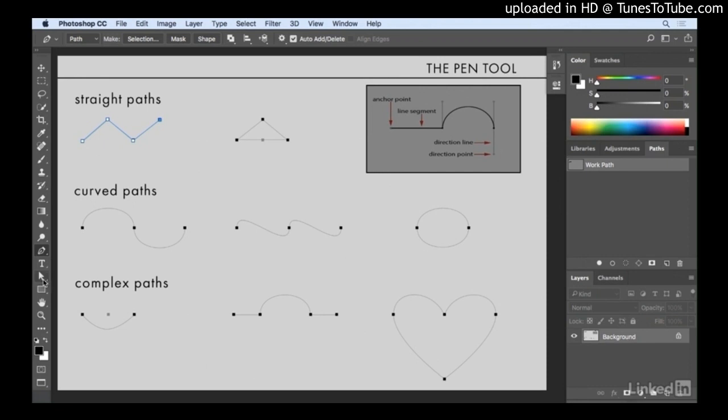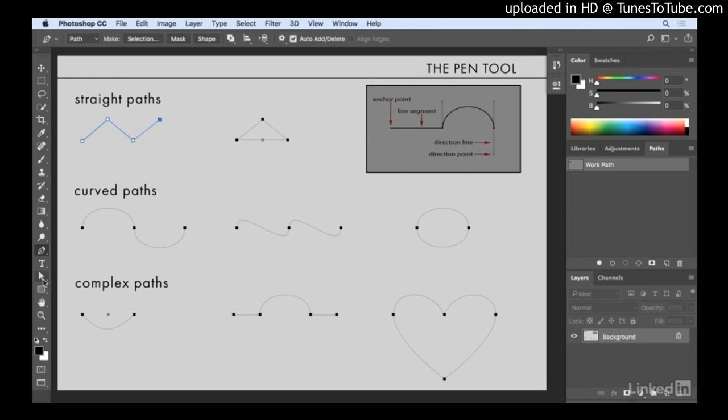What we end up with is what's called a work path. I can click off of that work path and it will hide it from the image area, and then I can click on it again and it can show it. The thing to be careful of is that if I click off of the work path and start drawing another path, Photoshop will actually get rid of this work path and begin a new one. So whenever you get to the point where you want to save your path, I would be sure to just double click on the path and save that path.